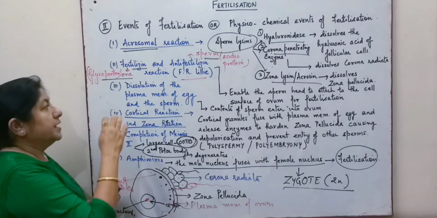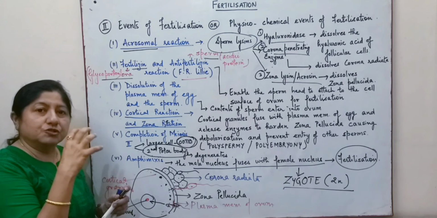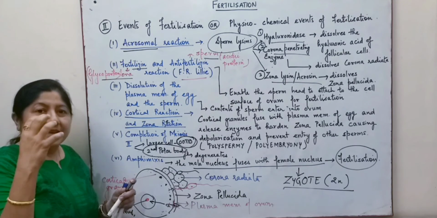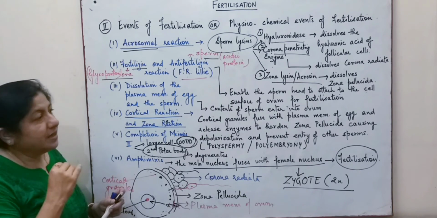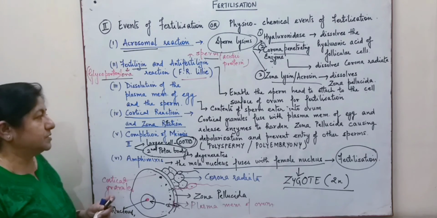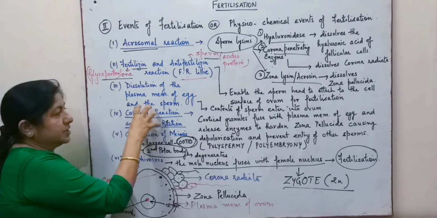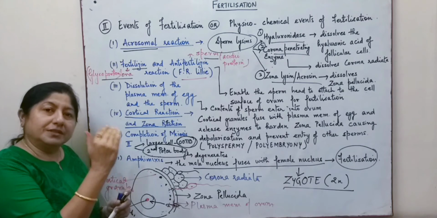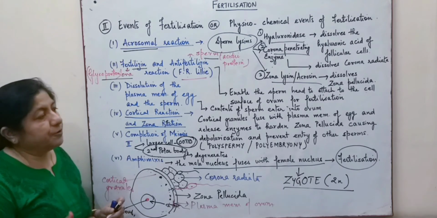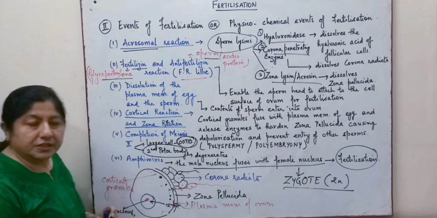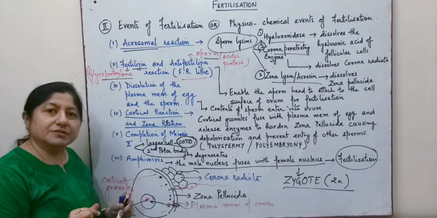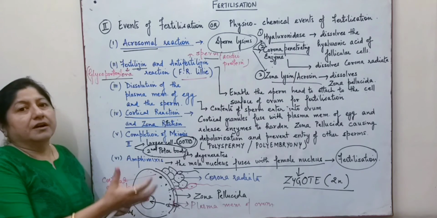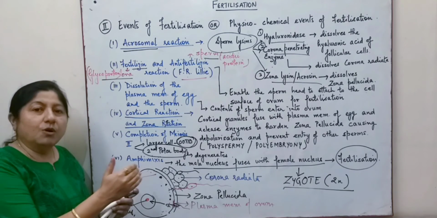to attach itself to the cell membrane of the ova for fertilizing. Now, after the attachment of the sperm to the ova, the plasma membrane starts dissolving, and as a result, the head of the sperm enters inside the ova, leaving the tail region outside. This also triggers off the cortical reaction, in which the cortical granules will react with the zona pellucida, and it will also cause the depolarization to prevent the entry of other sperms, because due to this reaction, the zona pellucida layer, which earlier, before the entry of the sperm, was ready to take the sperm, now hardens,